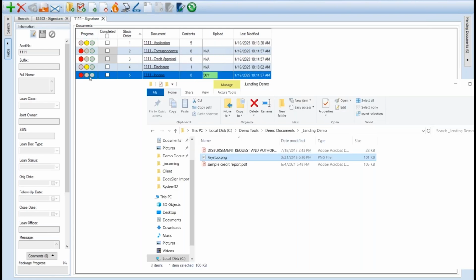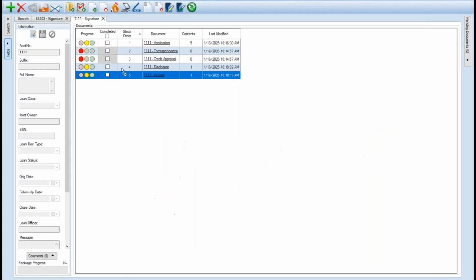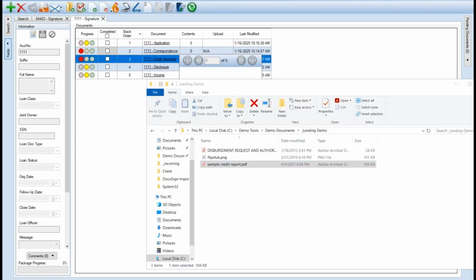And you can see that the status on that is changing. When that import is complete, it will also change to yellow. And finally, I have the sample credit report. So I'm going to go ahead and bring that over and just drop that over the top of the credit report or credit approval. And we will then